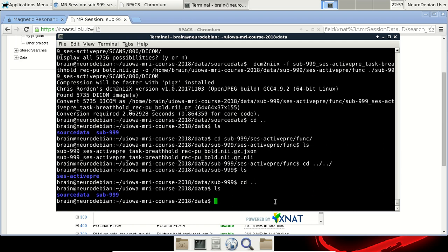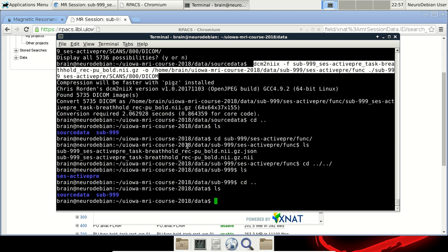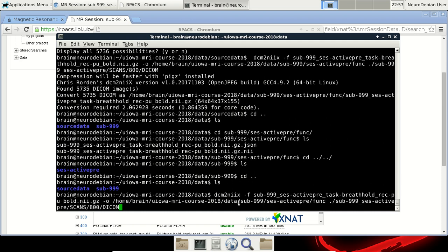We do not actually want this .nii.gz specified, since it will append it on its own. So I'm going to select this again, Control-Shift-C, Control-Shift-V. Now I'm going to rename the file